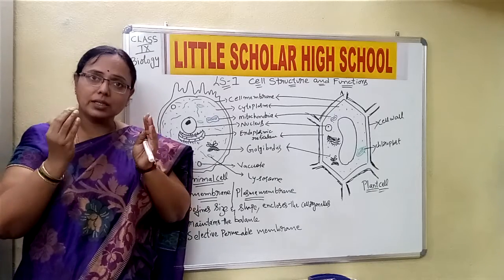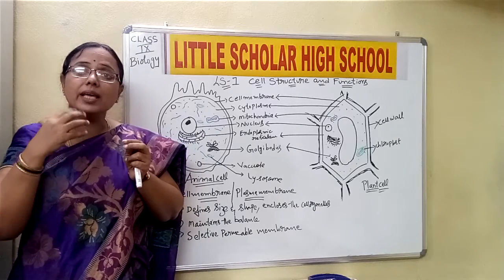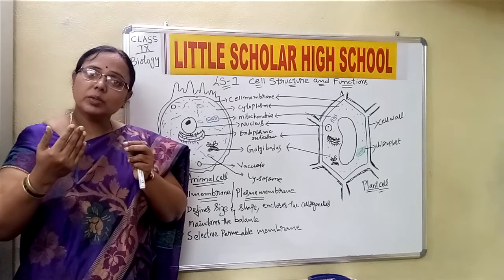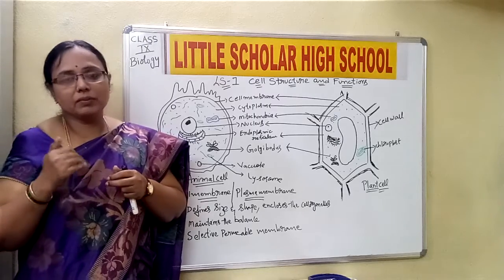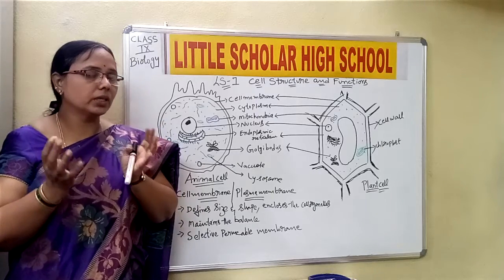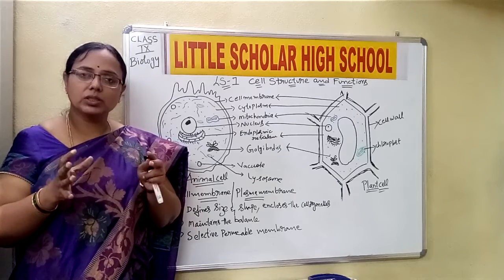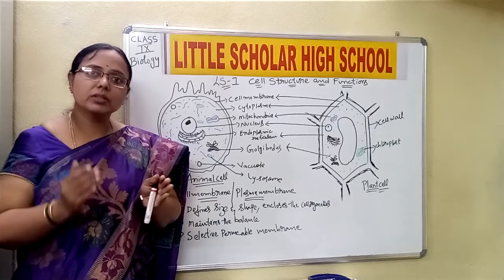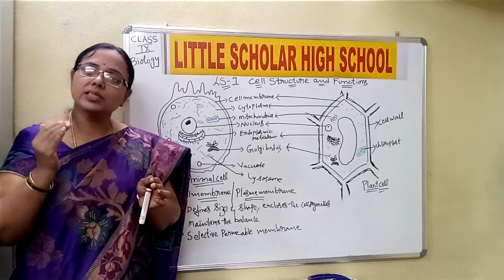This means in the cells which are present in the mouth, Golgi bodies are more in number because they help in secreting the saliva. Are you understanding? But the Golgi bodies which are present in other parts of the cell are also there, but the number is comparatively less. That is how we differentiate the cells, or when we talk about a typical cell. One thing you make it clear, the typical cell is the cell which contains all the cell organelles, but the cell organelles may differ from one part to the other part of the body depending upon its function.